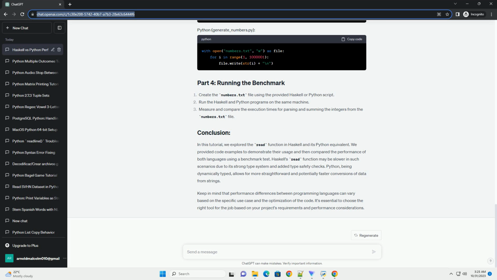The read function's signature looks like this. A represents the desired data type that the string should be converted to, and Read is a type class constraint, ensuring that the data type can be read from a string. Let's consider a simple example of using the read function to parse an integer from a string. This program reads a string from the user, attempts to convert it into an integer using read, and then displays